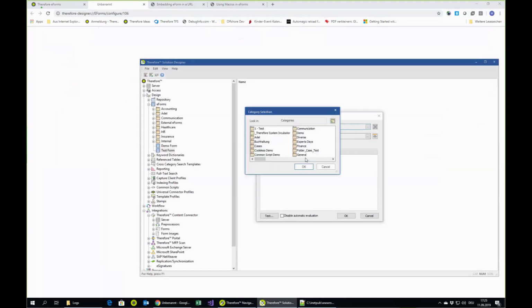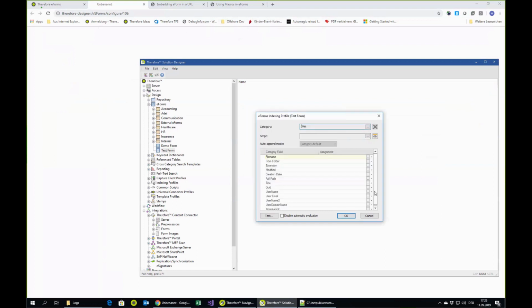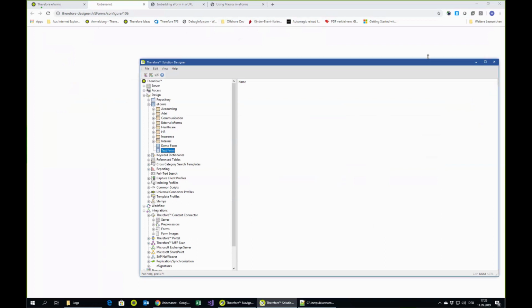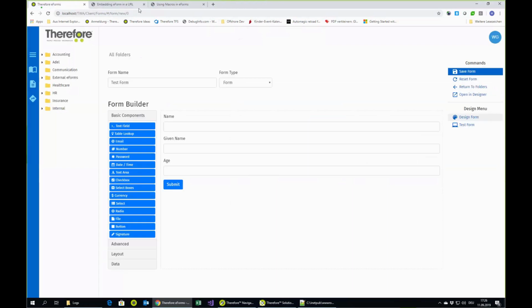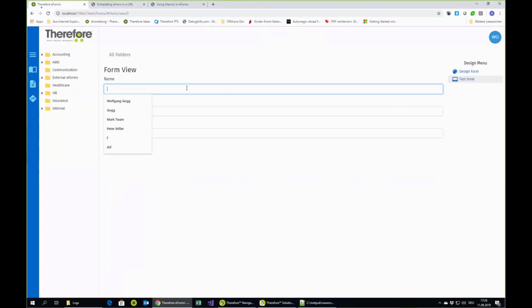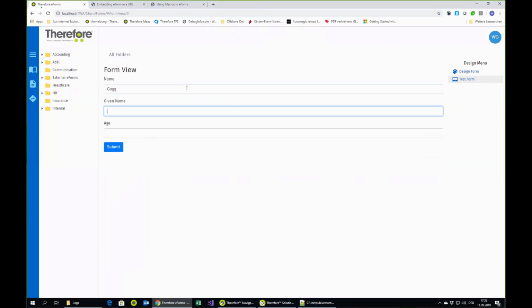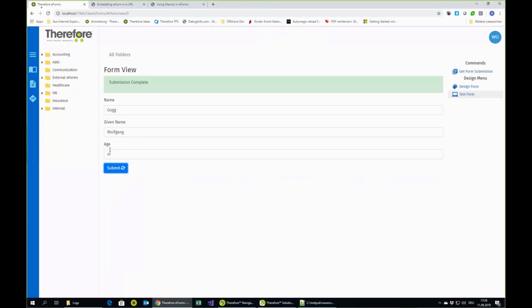I select the category. If I take a look at the drop-down list, it's basically empty. I have a date and the JavaScript functions for now, replace and split, but there's no help related to this specific form. But if I go back, switch to the test form mode, enter some test data here and press submit,